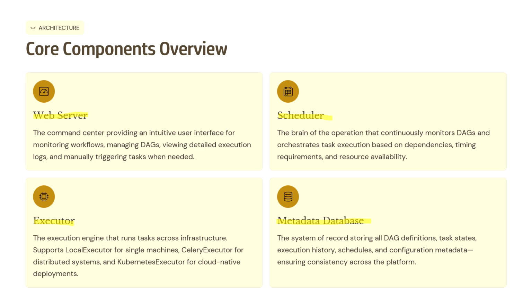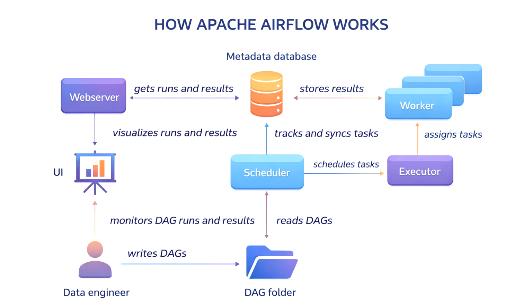Now we'll understand the main architectural view of Apache Airflow. This diagram represents the architecture of Apache Airflow. Let us understand this diagram. Everything starts with a data engineer or a user. The data engineer writes DAGs, which are nothing but Python scripts, and places them in the DAG folder. So the DAG script should be placed in the DAG folder by the user or data engineer. Once it is placed,